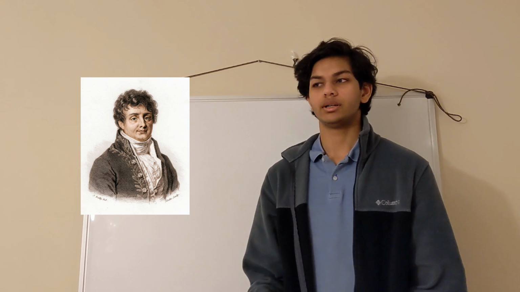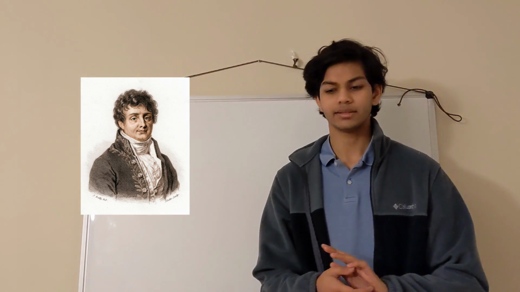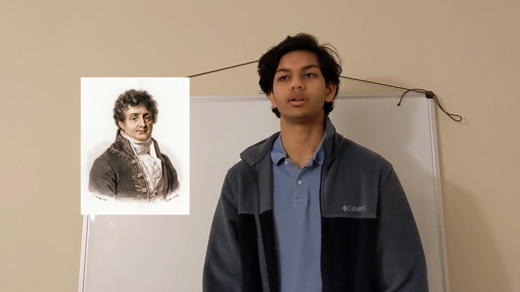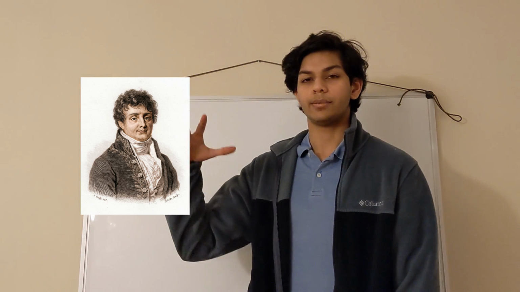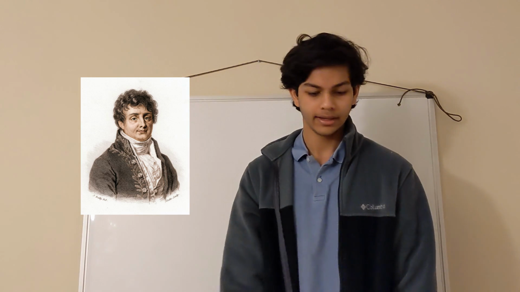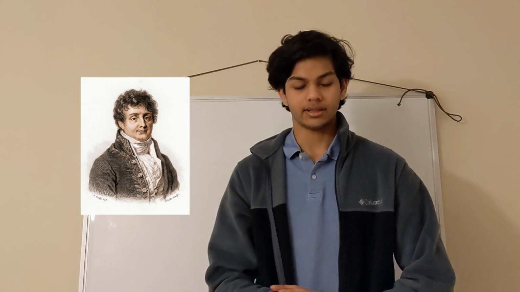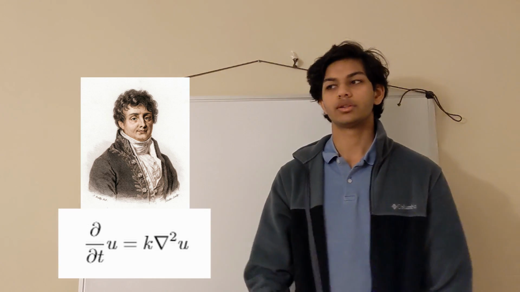There's this guy named Joseph Fourier, and he wanted to determine some things about heat flow. So he did some experiments, and he determined experimentally what was called Fourier's Law, which isn't anything special. It just says that heat will go from areas of high temperature to low temperature, and based on that, you get something called the heat equation. And so what Fourier wanted to do was solve this heat equation under certain what are called boundary